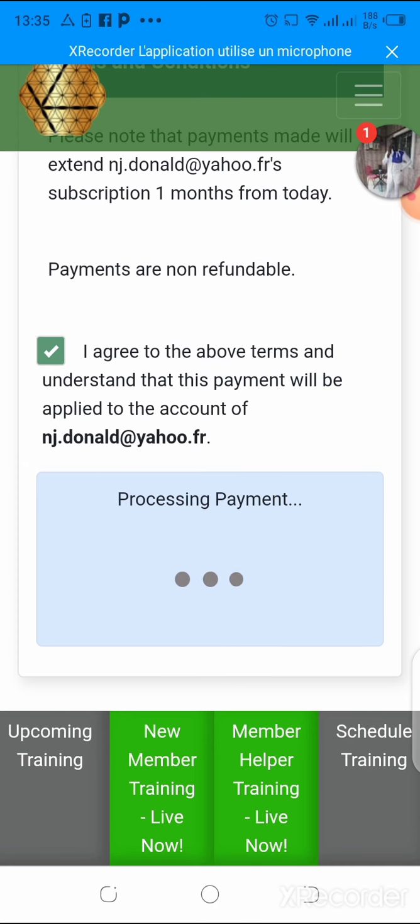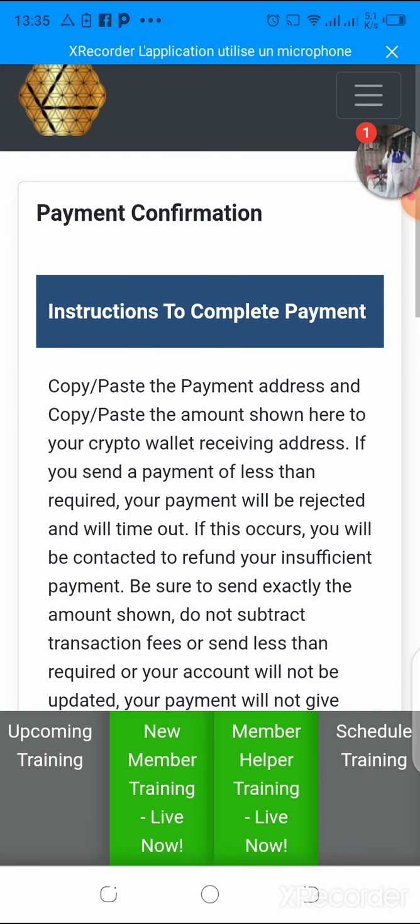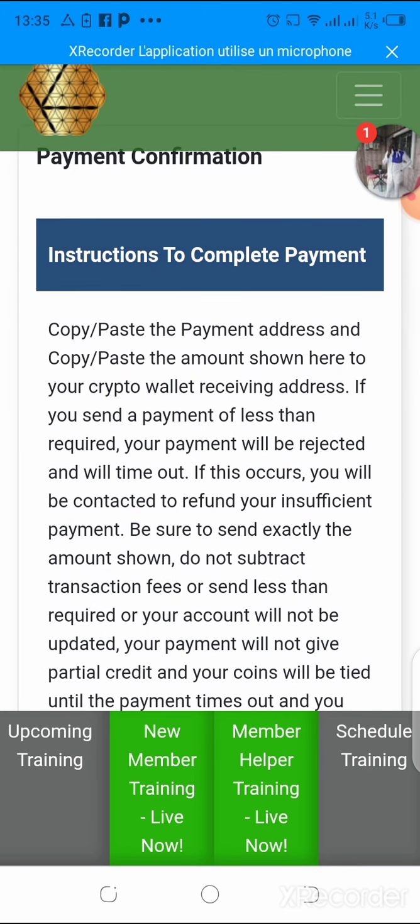Once you click on the request payment address, it processes for a while and payment confirmation instructions come up: instructions to complete payment. They tell you to copy and paste the payment address and the amount shown here into your crypto wallet's receive address. If you send a payment of less than required, your payment will be rejected and will time out, and you will be contacted to refund your insufficient payment.